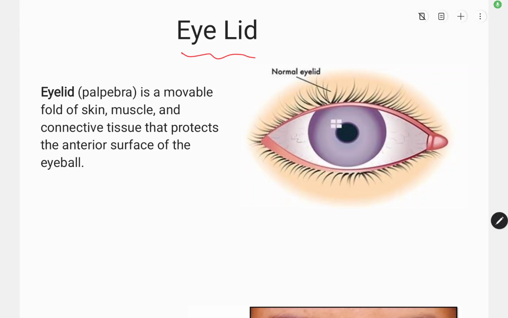Today we are going to discuss the topic of eyelid. So eyelids are actually the lids of our eyeball. Indirectly we can say that eyelids are a movable fold of skin, muscle and connective tissue collectively that protects the entire surface of the eyeball. So before diving deep into the anatomy of eyelid, first we will discuss some of the important terms related to